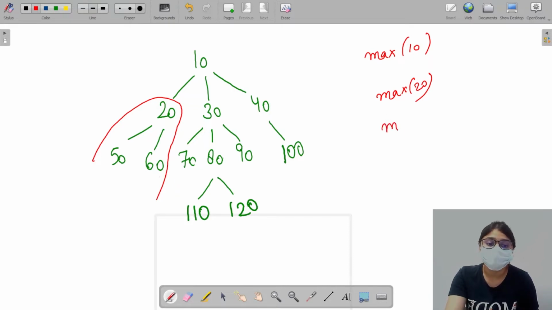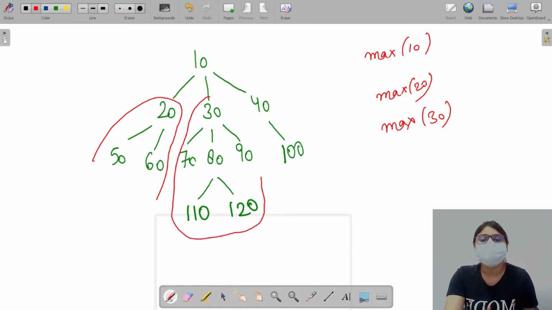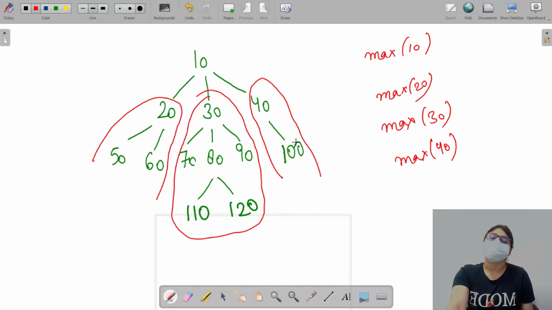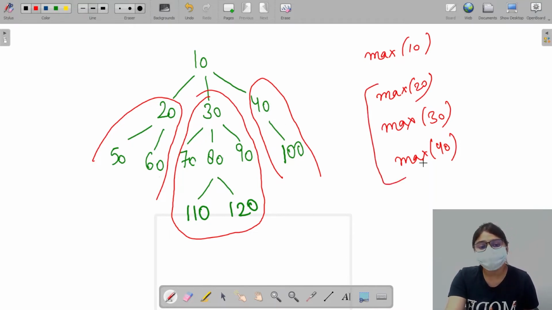We will have faith on maximum of 30 that it will know how to work and it will return us the maximum value of this subtree. We have faith on maximum of 40 that it knows how to work and it will return us the maximum value of this subtree. Now what we'll do is, we'll get three values from here.